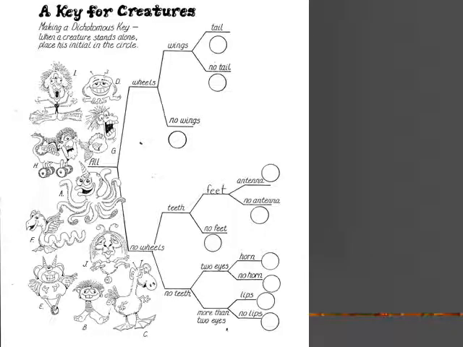All right, so you should have a copy of this worksheet from me in class to help you with this, but if you don't, make sure you get this from me before you finish up this lecture, otherwise you're not going to have any clue how to do this next part. So this worksheet has several different weird looking little organisms on it, and it's already got a branching diagram on it. It says make a dichotomous key, and you have to figure out where each creature is placed. So there are circles right here for where the creatures are going to go. And as I said, this is called